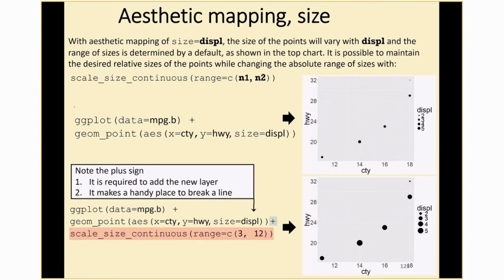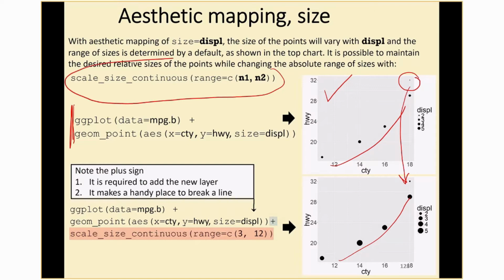So this is the code that we just saw, and this is the plot that we just saw. And we might look at this plot, and we might see that little point, and it looks terribly tiny. We're not really sure whether it's a point or whether it's just an imperfection on our monitor. So what we might want to do is increase the absolute size, but maintain the relative size of the markers. Here's some code that we can add as a layer to do that. And as always, anything that's in Courier, you replicate exactly as shown. The only thing that you can change are these two numbers, and these two numbers control the minimum